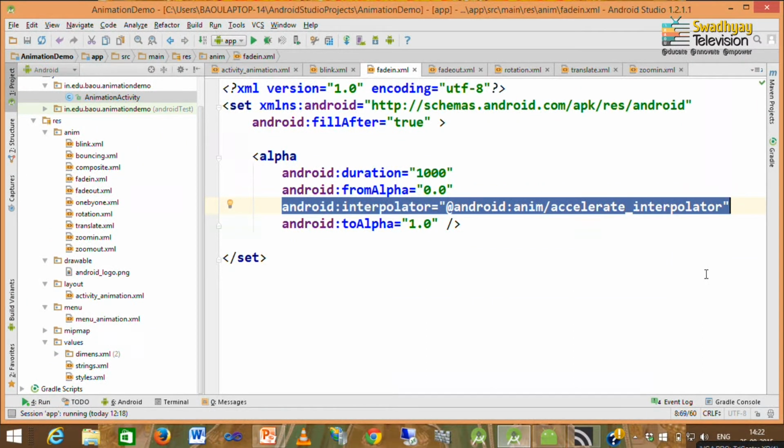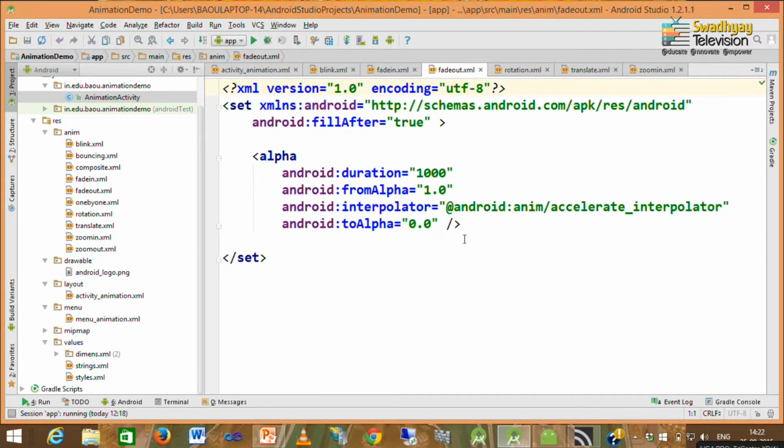Now, fade out animation is exactly the opposite of this. You have to set fromAlpha to 1 and toAlpha to 0. So, how to do this? Here is a fade out file. You can see fromAlpha is 1 and toAlpha is 0. Next is the blink